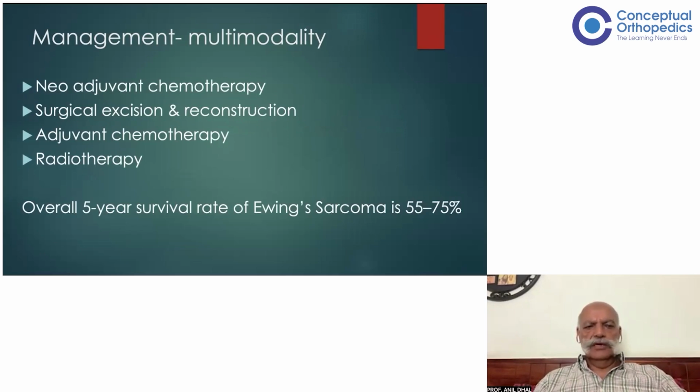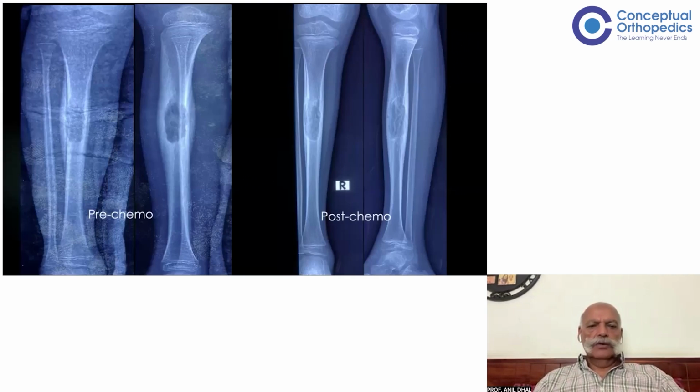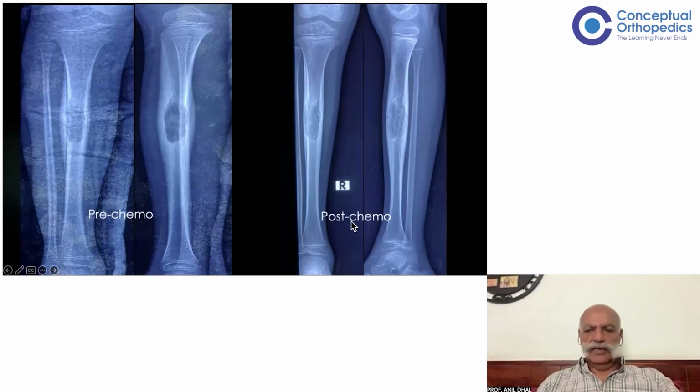So, initially, neoadjuvant chemotherapy was given, and thereafter, surgical excision and reconstruction program was instituted, which was followed by adjuvant chemotherapy. So you can look at the pre-chemotherapy X-ray and thereafter the post-chemotherapy X-ray just before we embarked upon